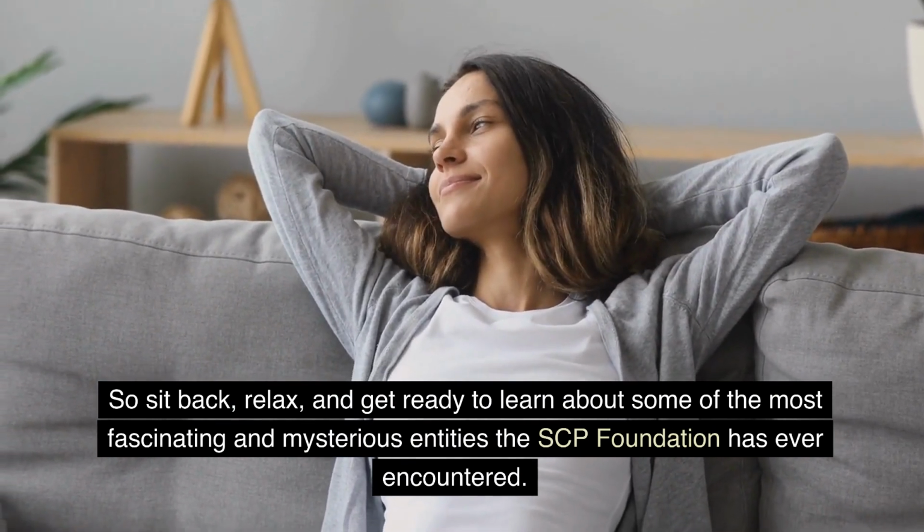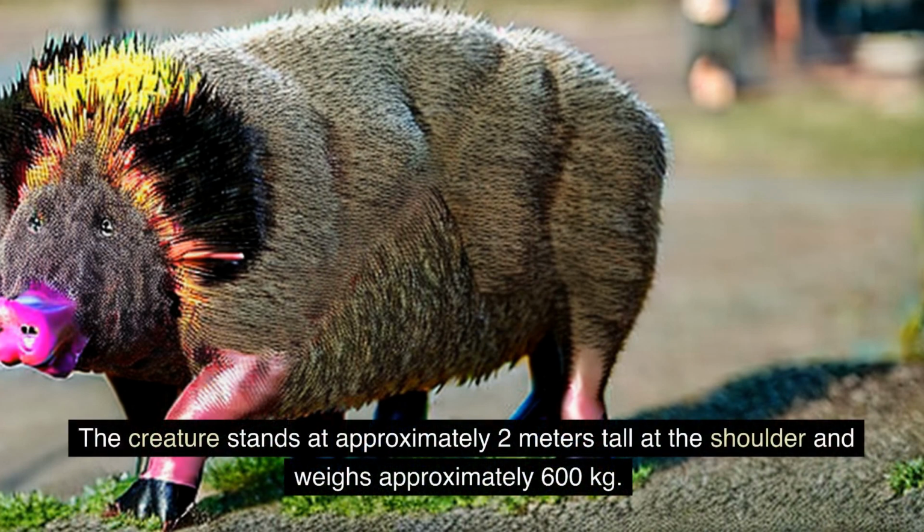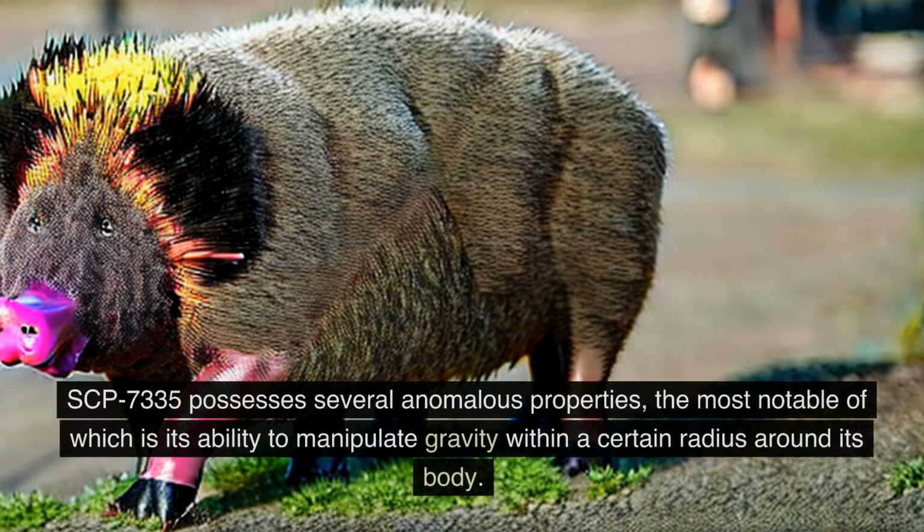Foundation has ever encountered. SCP-7335 is a large creature resembling a pig with yellow and black colorings on the top of its head. The creature stands at approximately 2 meters tall at the shoulder and weighs approximately 600 kilograms. SCP-7335 has a thick, shaggy coat of fur that ranges in color from light brown to dark black. SCP-7335 possesses several anomalous properties, the most notable of which is its ability to manipulate gravity within a certain radius